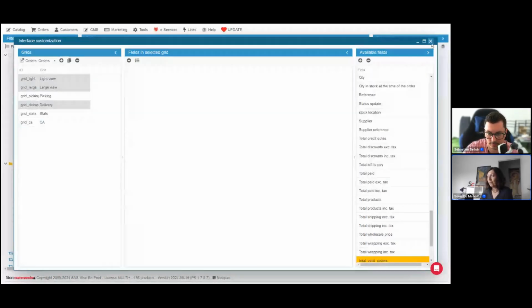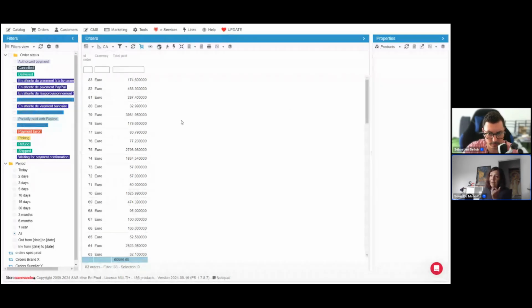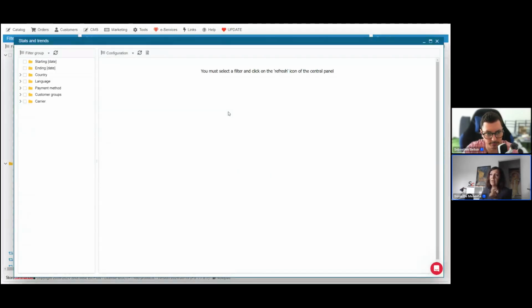The other thing you have about statistics is under the orders menu, you've got the stats and trends. This one is quite interesting as well. This is going to create a dynamic spreadsheet. If you start, you need to use the filters first here. So I'm going to use, wait, I don't have that many orders. So I'm going to do